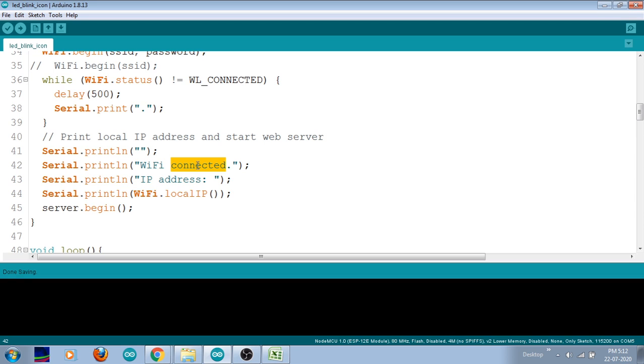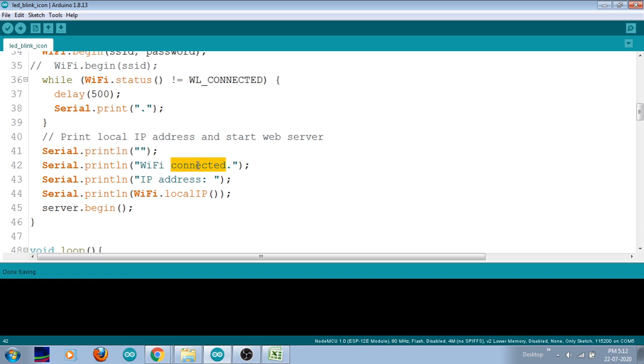For that we are going to create a WiFiClient variable, where the variable name is client, and here we will store the return value of the server.available function. If server.available returns some incoming client input, then automatically it will be stored in the client variable. And we will check whether the client is available or not. If there is a client available, it will store some values in the client. So when you check with the if condition, it will become true. Whenever there is a new client available, we will get a true condition here.